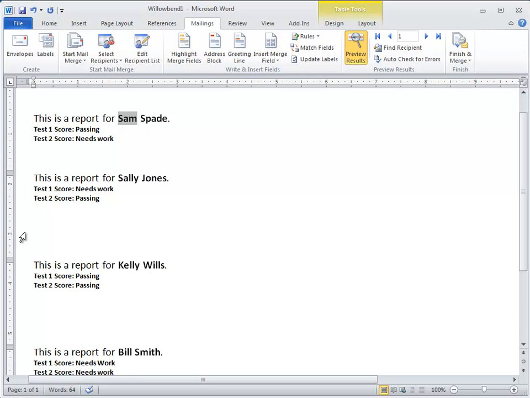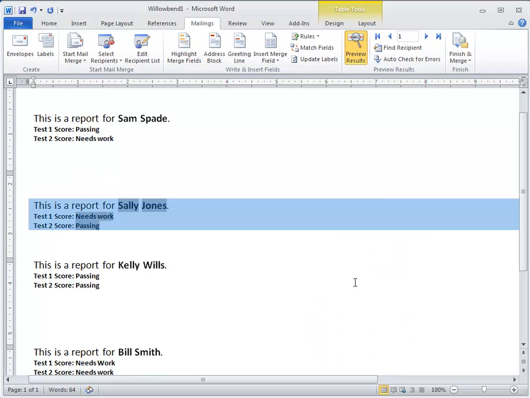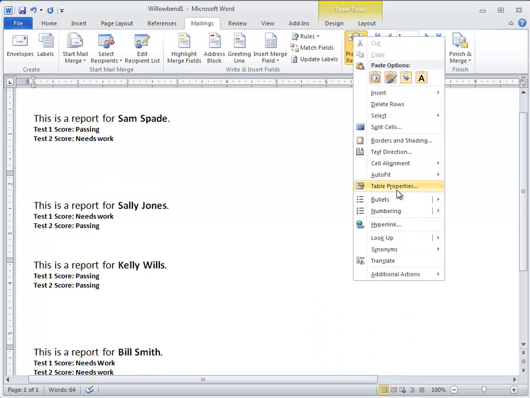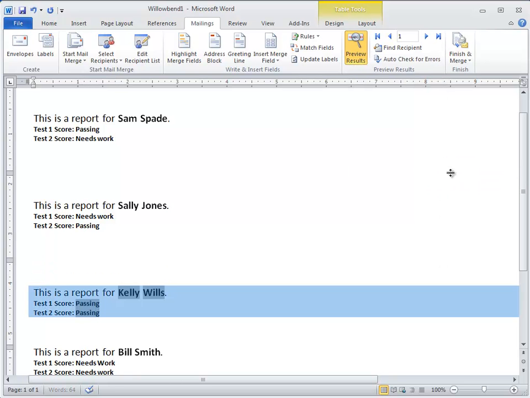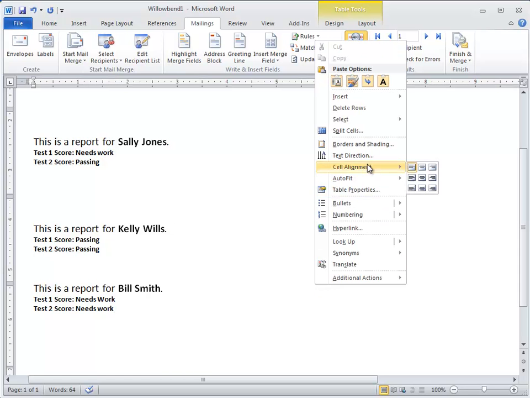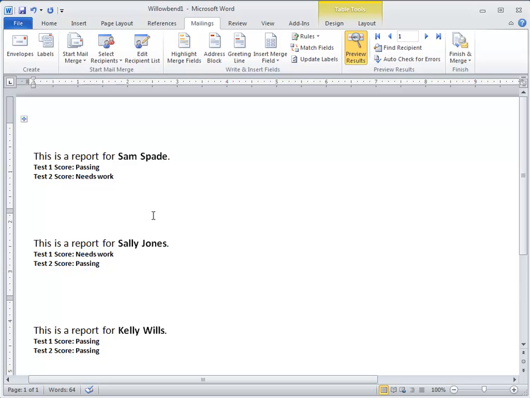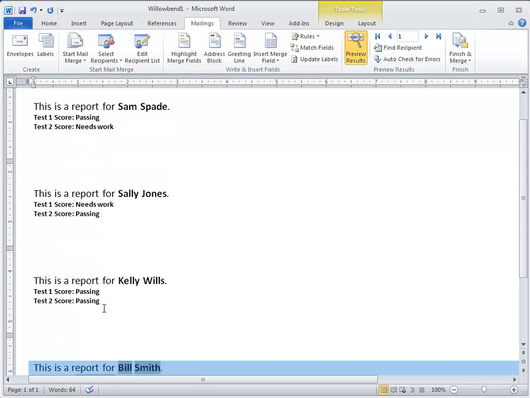Now I can tell that each one of these is not centered like this one, so I'll just change those real quick. Which is not necessary, but it just depends on how you want it to look. Okay, and now you can see I still have preview results here, and it's pulling the different people with their different